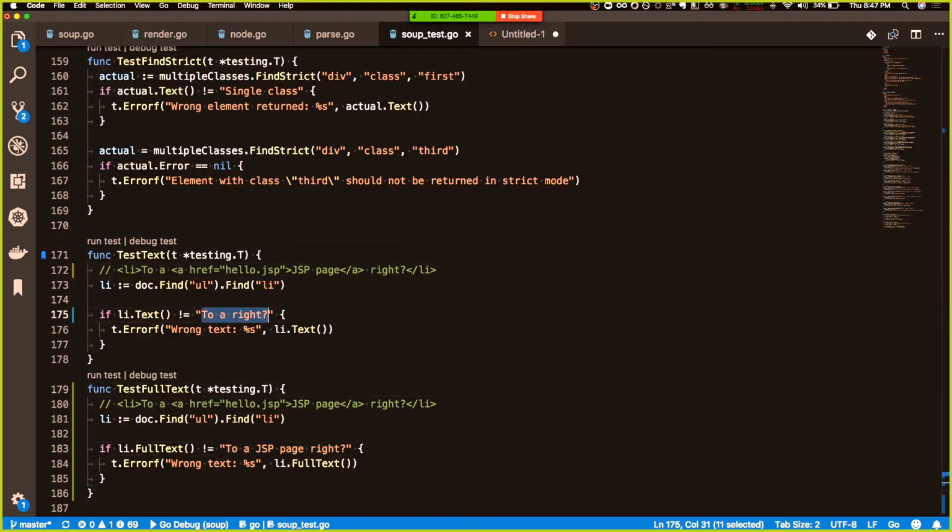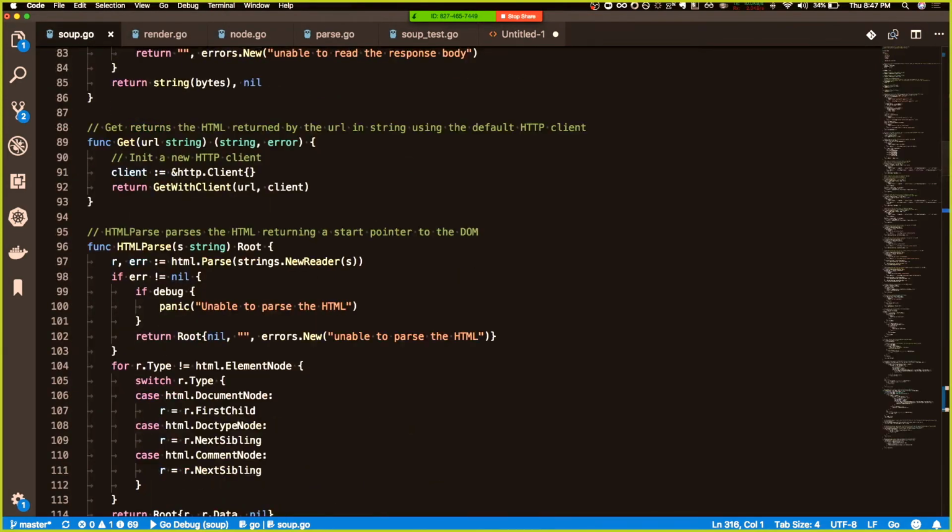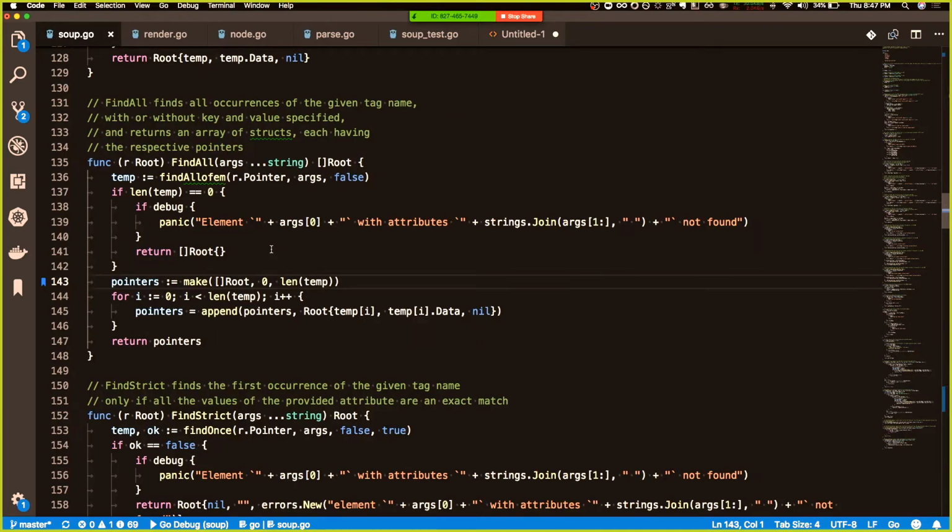So this is just to maintain backward compatibility in the library. The code for this is,